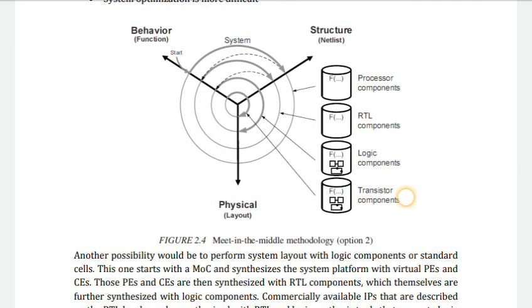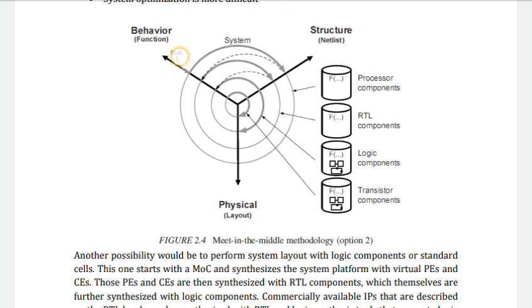Okay, there is another possibility in this meet in the middle methodology, that is it would be to perform the system layout with only the logical components and the standard cell. So this one starts with the MOC.